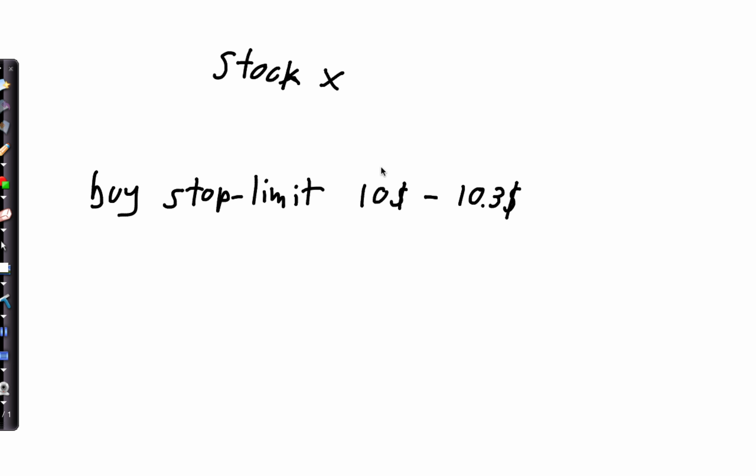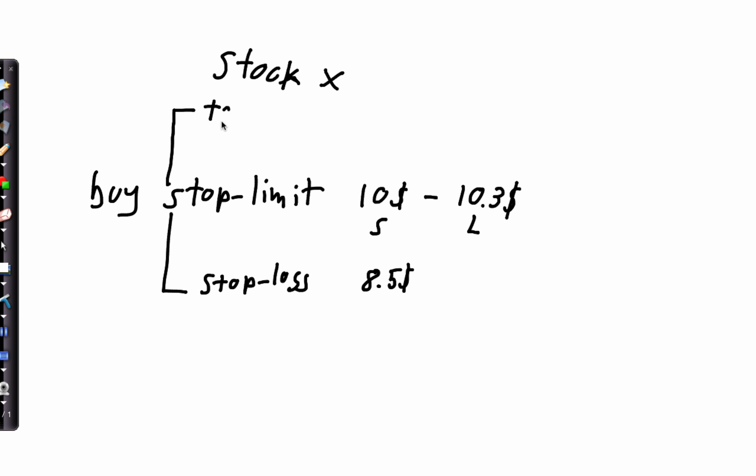So at this time you should know that $10 is a stop and 10.30 is the limit. And you want to attach a stop loss at 8.50. So this means that if the order is triggered, when the price is hitting 8.5, I will sell with a market order. But this time I also want to attach the target